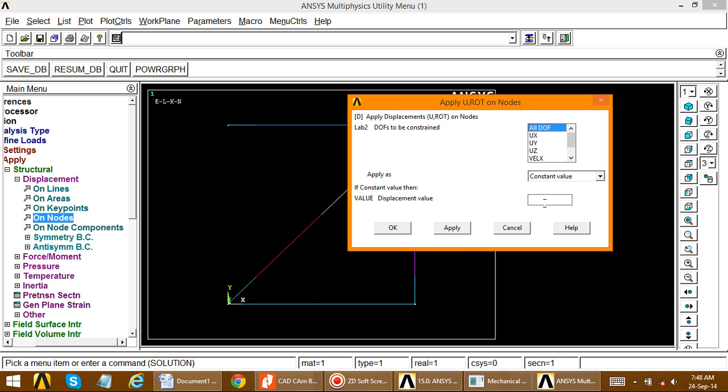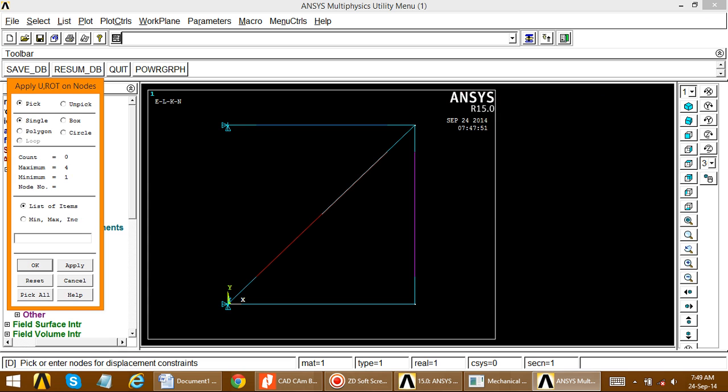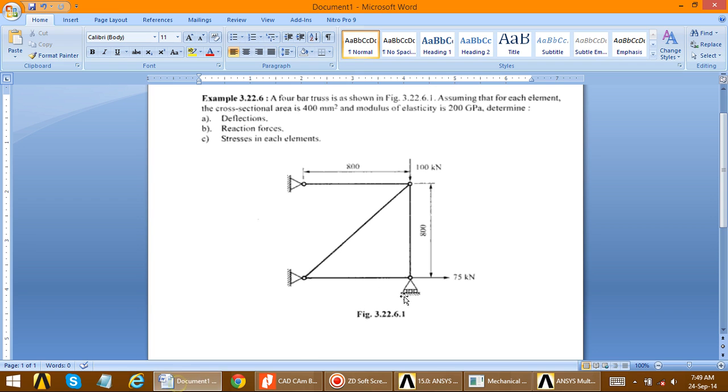Select all degrees of freedom equal to 0, apply. Then the remaining one. Select this one, apply. Now if you see, at this node there is a roller support in y direction. So this node will be movable in x direction. So fix the y direction of the node as 0.